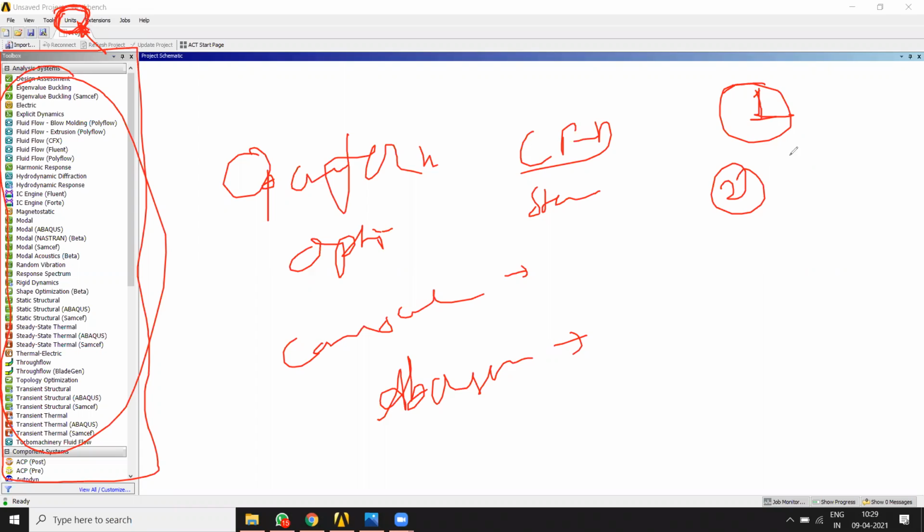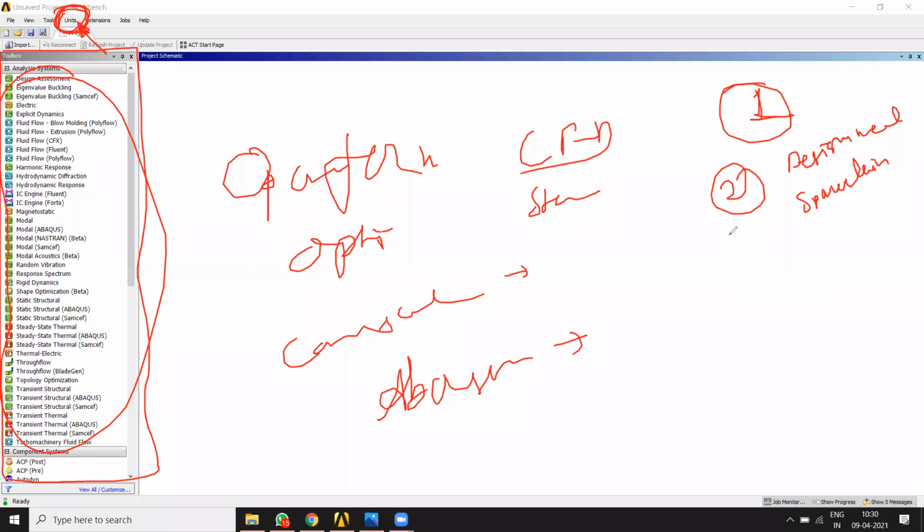Workbench has facilities like Design Modeler, where you can do modeling. Also SpaceClaim, where you can prepare your CAD model. Meshing will also happen inside. All things you can do in a single window, a single software. It's not that you need to connect three or four of them. So that's one more reason for choosing Workbench over any other software.